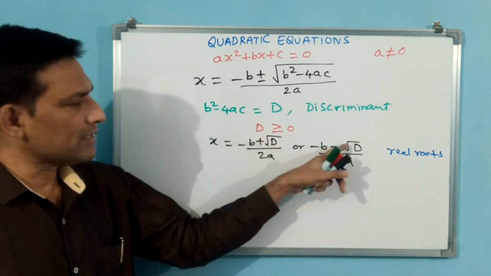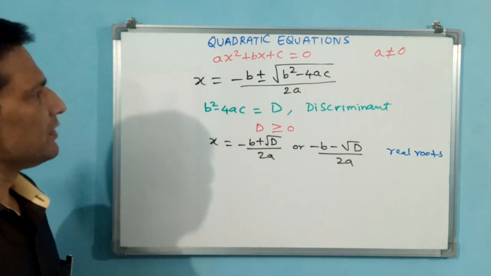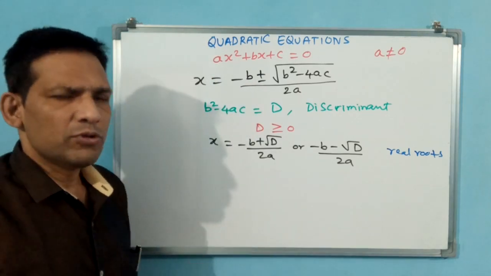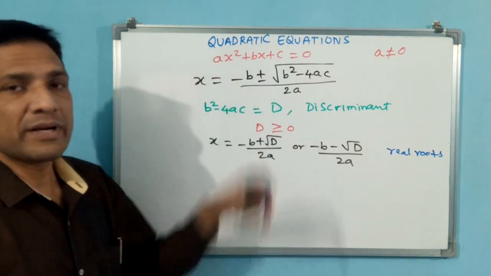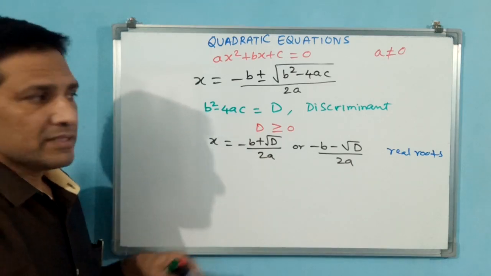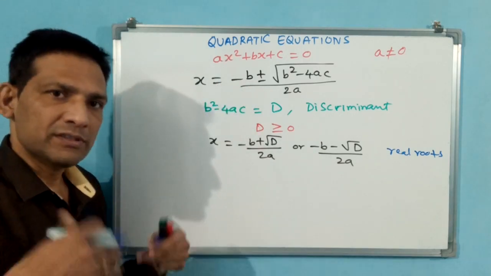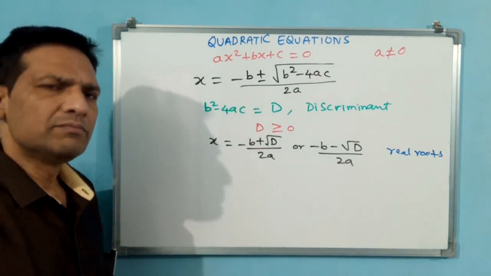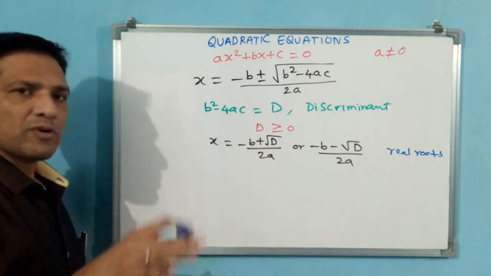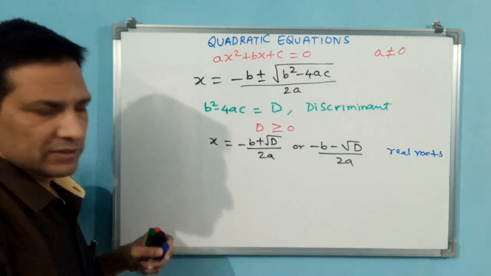Why? Because the roots are there, square roots are there. That is why normally we call it as real roots. Okay. See, what if x cube? Three solutions will come, but that is not come under quadratic equation, polynomial. Okay. That means, see, linear equation, one solution, quadratic equation, two solutions, more than two. Three means three solutions will come. Okay. But we will study up to two solutions only. We have limited to quadratic equations only.